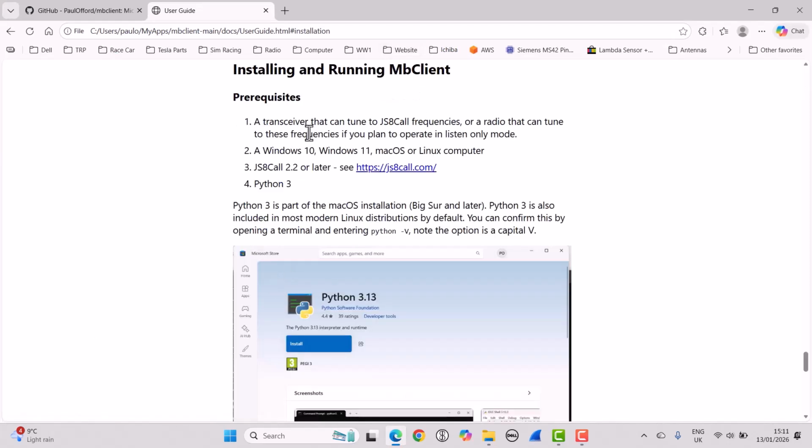Okay, so it talks about some prerequisites. Obviously you need a transceiver if you're going to use this over the air. You need a Windows 10 or 11 machine; it should work on macOS and should work on Linux. You'll need JS8Call 2.2, and you'll need Python. Now we can check to see if we've got Python